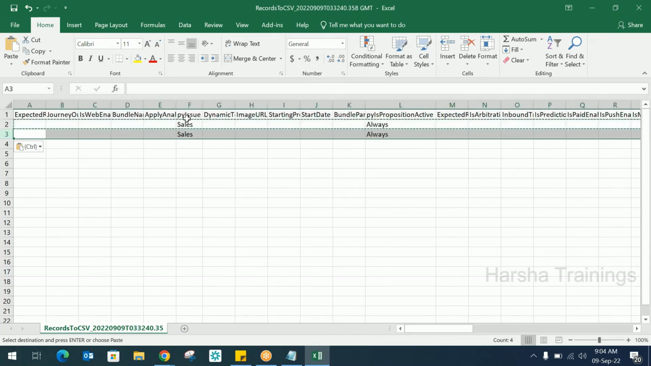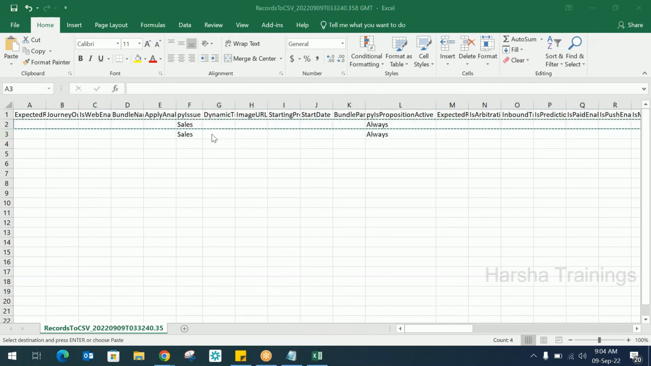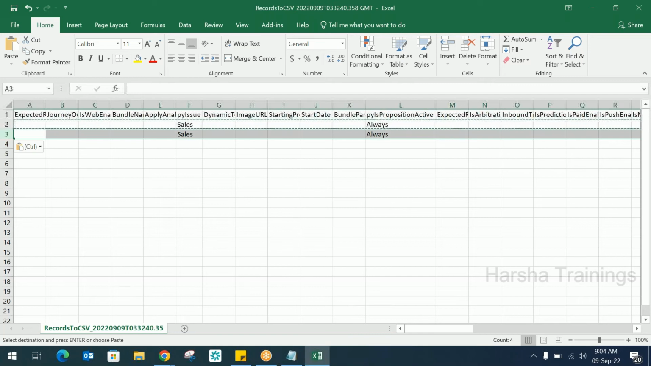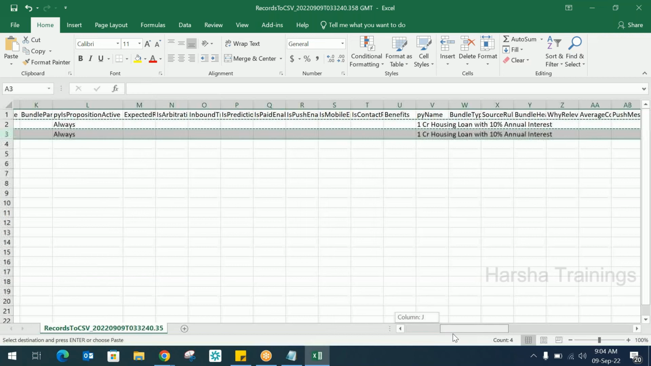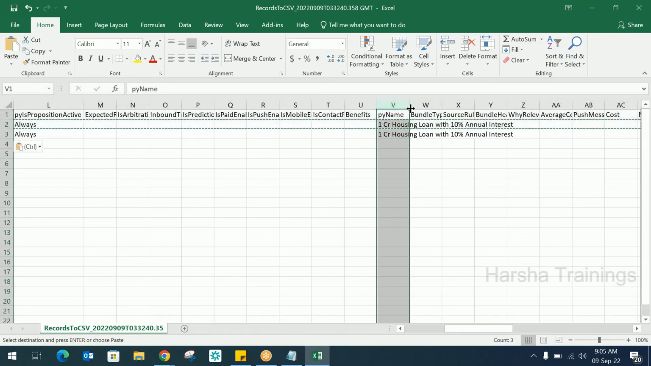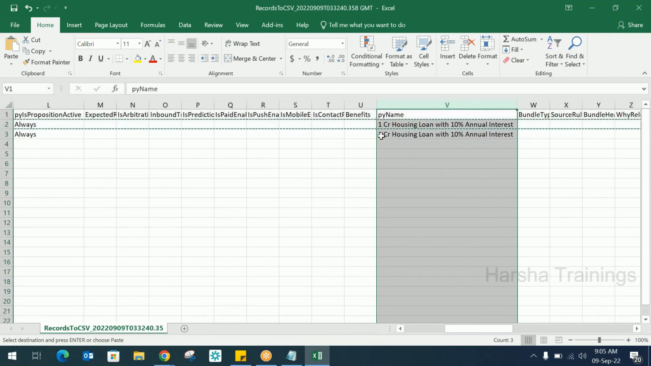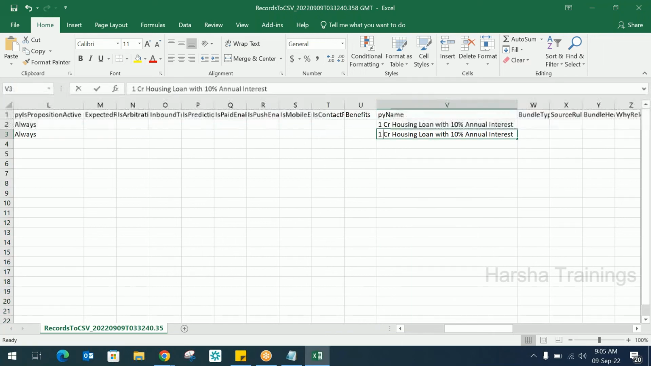So you see here PY issue, that is sales. PY is proposition active, which is nothing but the activeness of that proposition, right? For example, I showed you always, never, start date and end date. This is the property that is holding the particular value, that is PY is proposition active. So next we have the PY name, which I told you is the proposition name. So for example, I'll give here 2CR